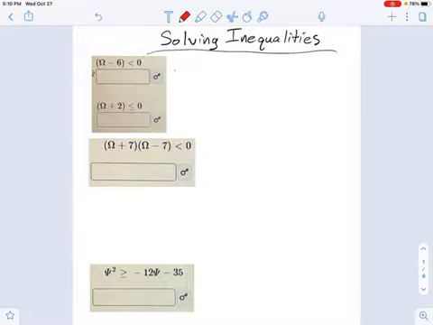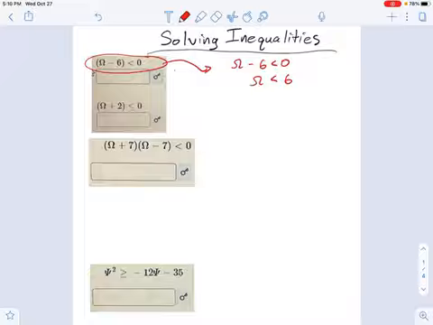If I take this really basic one, x minus 6 is less than 0, we take that over here and try to solve this and figure out what exactly the answer is. I add 6 to each side and I get x is less than 6. Okay, that's my solution. It's not that x is equal to a particular value less than 6, like 5 or 2. It's that x is all the values less than 6. Those are all solutions to this problem.